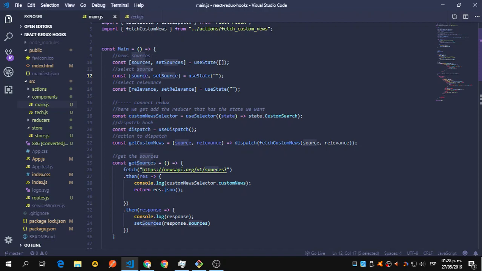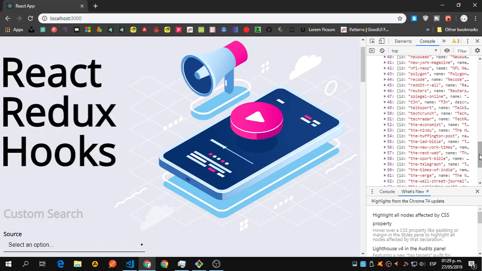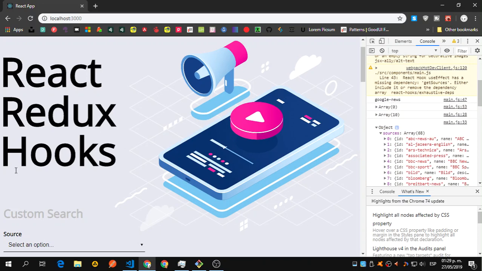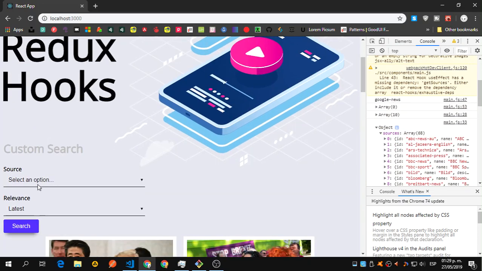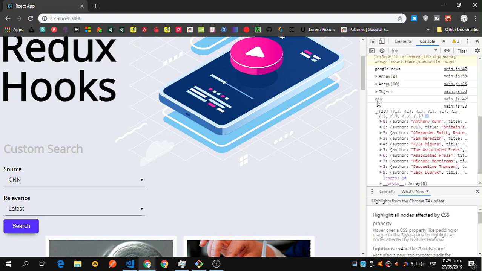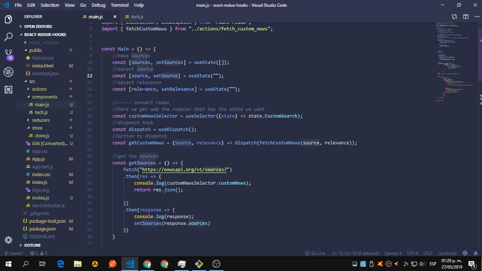Equally for source, this is the source that we are going to use. You can see that we have this Google News that is from, okay, let me use CNN. Let me close this. So we're receiving CNN, and these news are coming from CNN. Okay, so this is our source